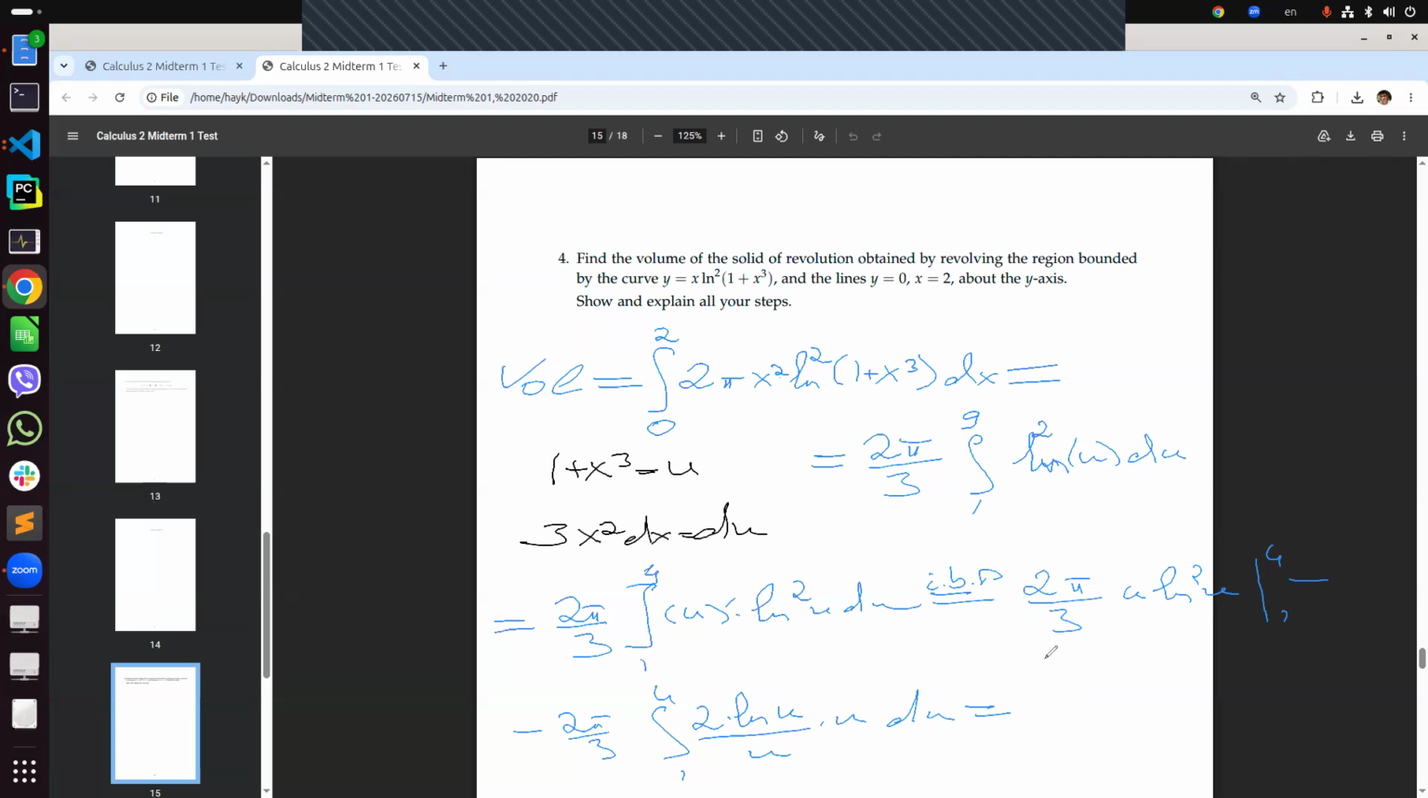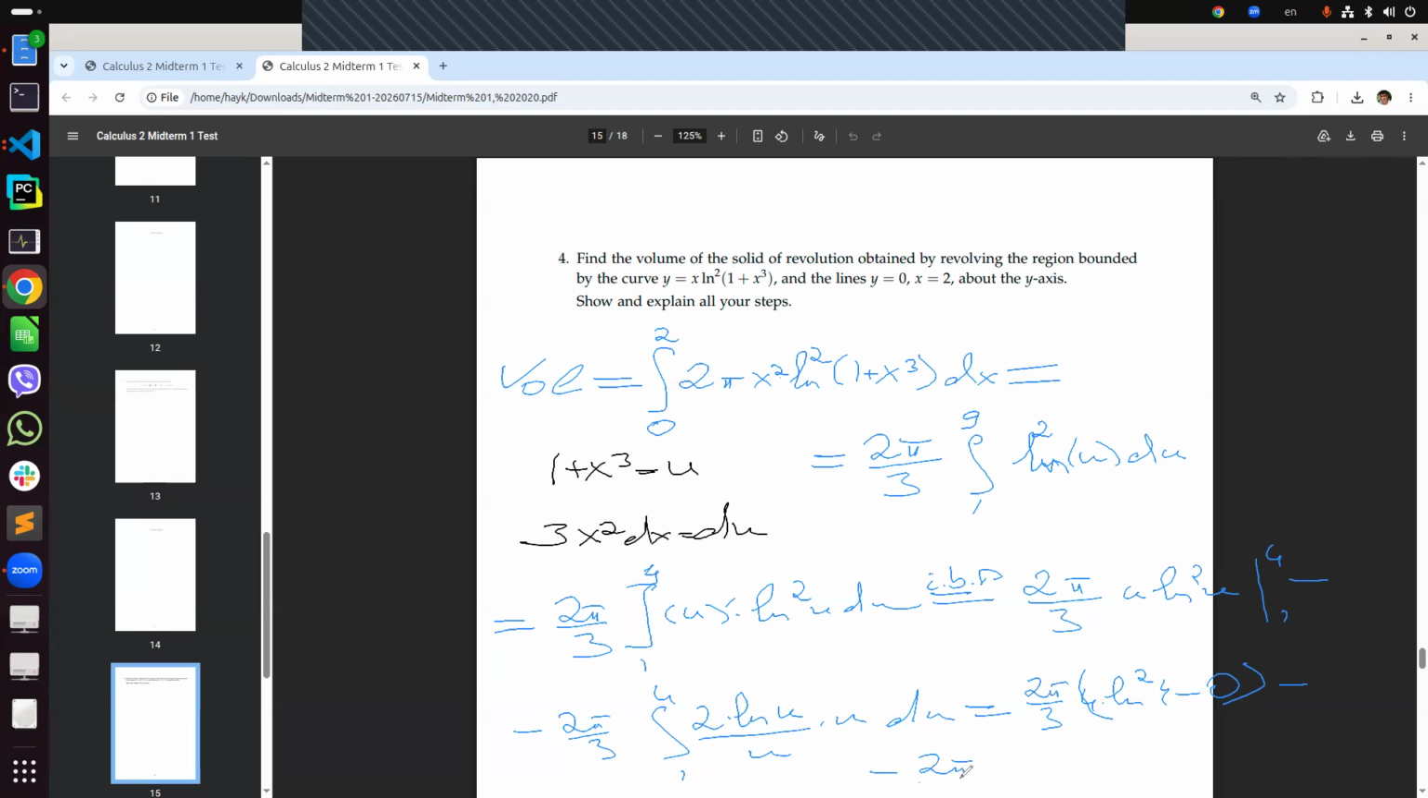So when we plug in the bounds into our expression, we'll get 2 pi over 3, 9 times logarithm squared 9, minus 1 times logarithm of 1, which is 0, and minus